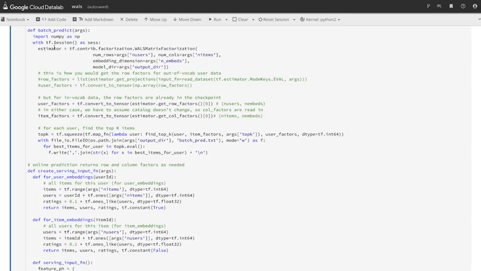This estimator will read in what we've already trained from our output directory, from the intermodel directory, so that we can read in the values that were trained and get our user factors and our item factors to be able to do our predictions. So we're going to call our estimator here, which you should have filled in during the lab, of